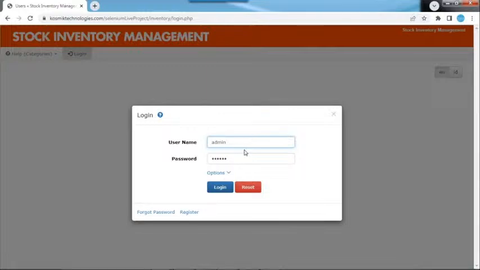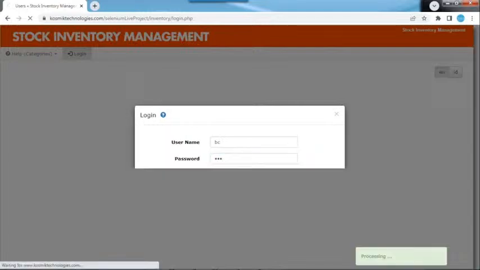Positive testing is nothing but giving the valid username and valid password. If you click on the login button, it should work. That kind of testing we call positive testing. What is negative testing? I'm testing with invalid data. I'm not giving valid data. Say, ABC here, and ABC there. It should not work. In case it is working, that is a bug.